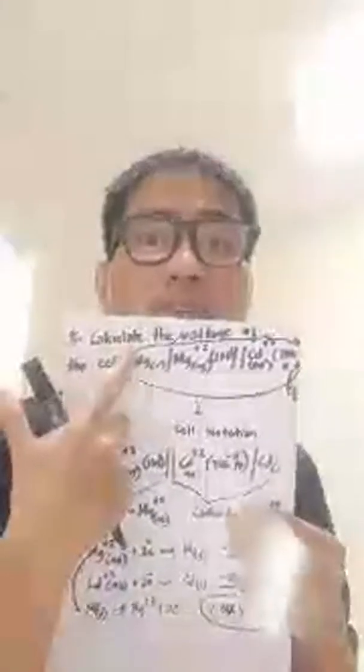Now to calculate the voltage here, this means the electrochemical cell potential that is not standard. The E without the small circle at the top is not standard. The standard is always at 25 degrees Celsius, in which we obtain the SRP or standard reduction potential. Now we use the Nernst equation. There are two Nernst equations. It is like this: E cell equals